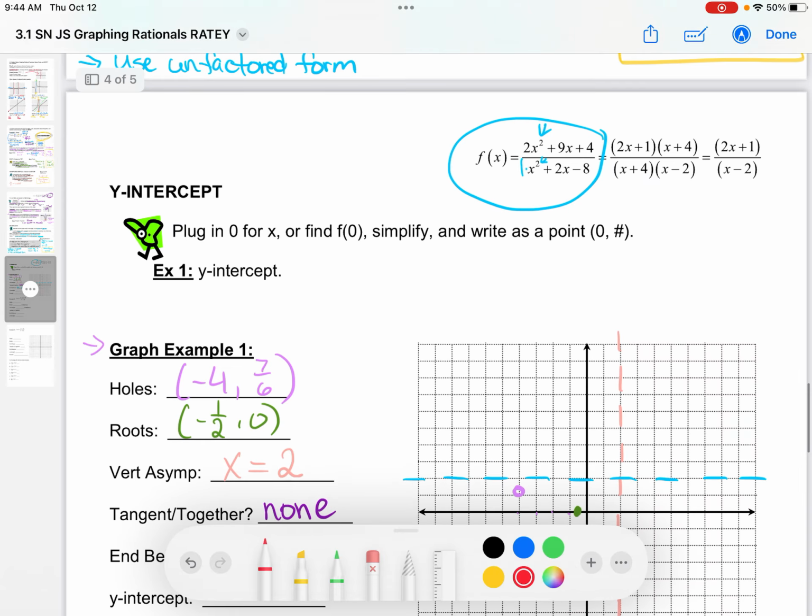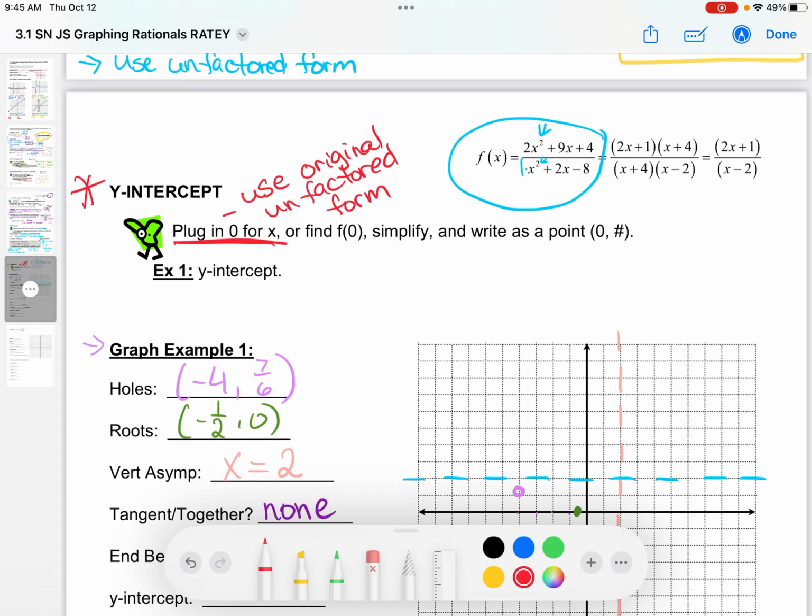Now, let's do the last piece. Oh, no, it's on this page. The last piece is the y-intercept of the graph, just like any other equation. The y-intercept of the graph, we plug in x equals 0. And again, to do this, I would use the original equation, as in the unfactored